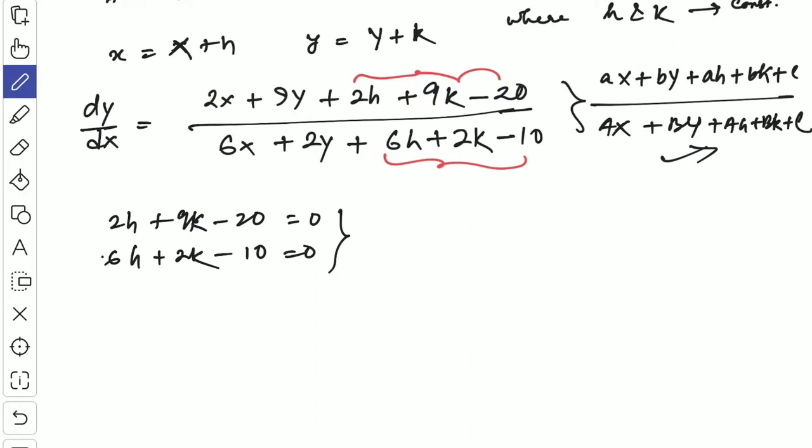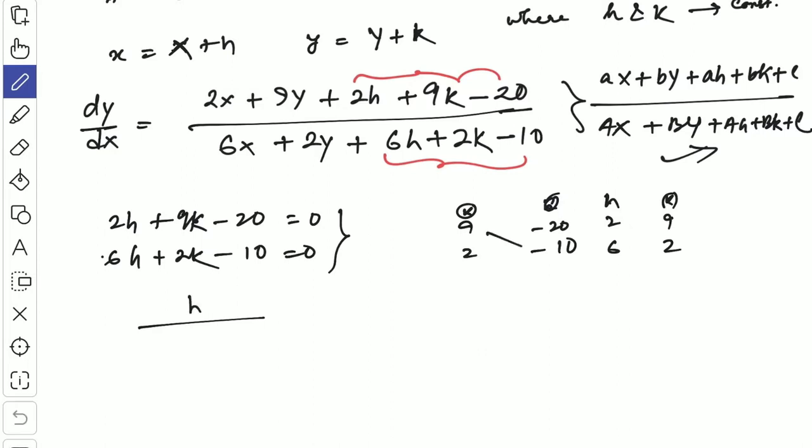So let me write the coefficients of k first, 9 and 2, then the constant terms, −20 and −10, then the coefficients of h, 2 and 6, then the coefficients of k again, 9 and 2. So if you solve these two,